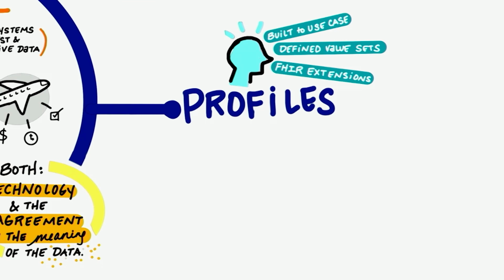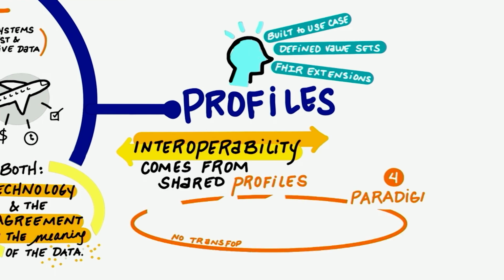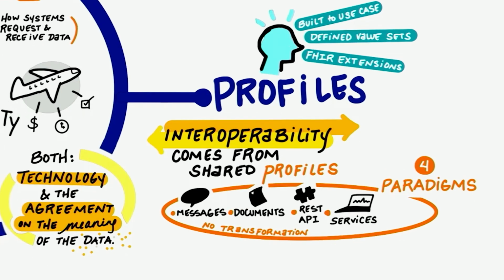You have to get rid of the flexibility to make something really interoperable. So that's what FHIR profiles are about. We're not going to talk about everything about them today, but the idea is that that's where the interoperability is very important. So interoperability comes from systems using the same FHIR profile, not just using FHIR, but using